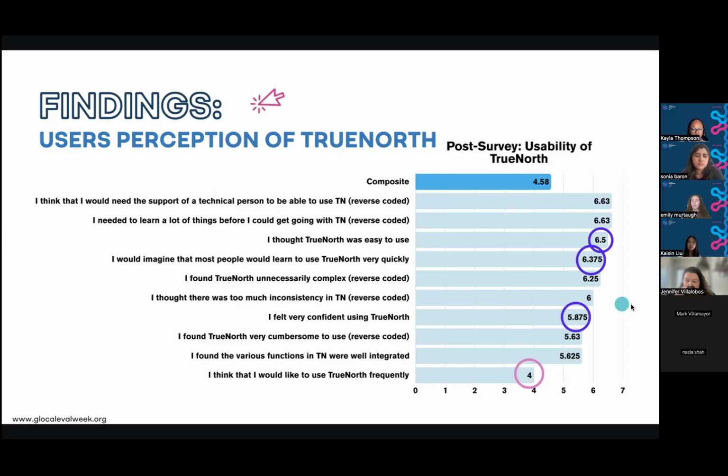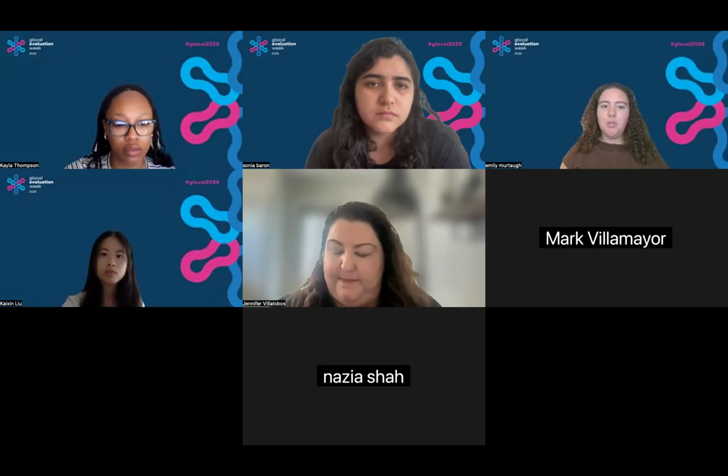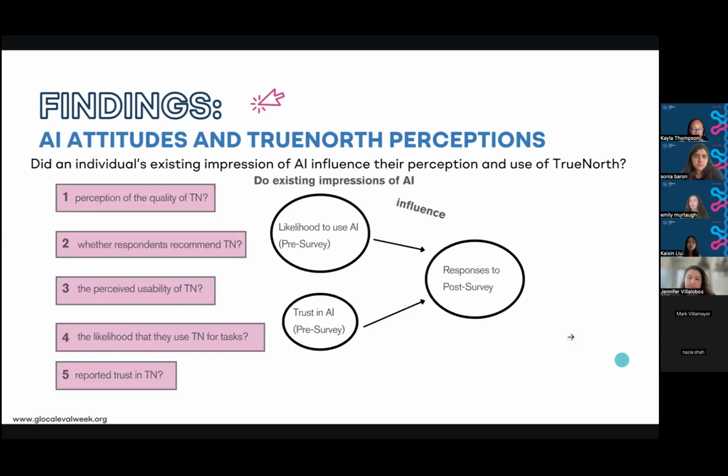Next, I'm going to talk about our sub-question. Like Kayla mentioned at the beginning, a sub-question that we had is we wanted to assess if someone's prior perception of AI would influence their perception of TrueNorth. To do this, we conducted 5 linear regression models with indicators from the pre-survey, specifically their perception of quality, their recommendation of TrueNorth, usability, using TrueNorth for specific tasks, and trust.